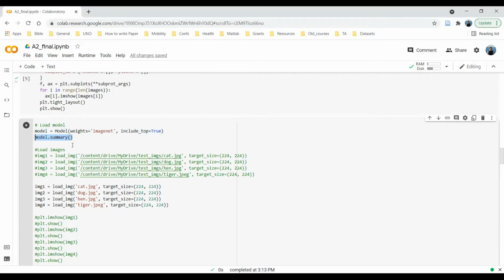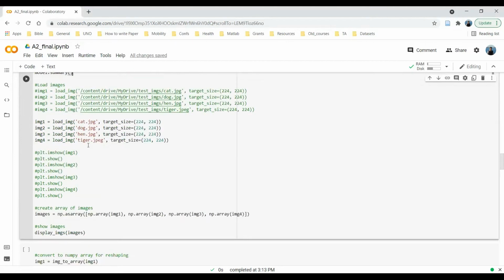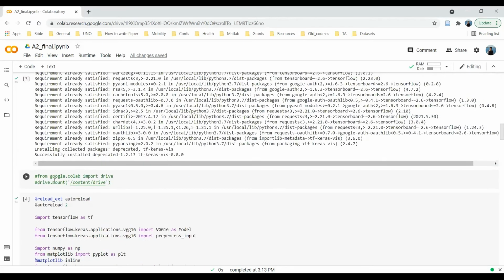In case you want to build the model from scratch, yes, you can do that as well. So first I'm loading the model, and then if you are loading the images from Google Drive, make sure you first mount your Google Drive using this command. When you run this command, it will ask you for authentication.